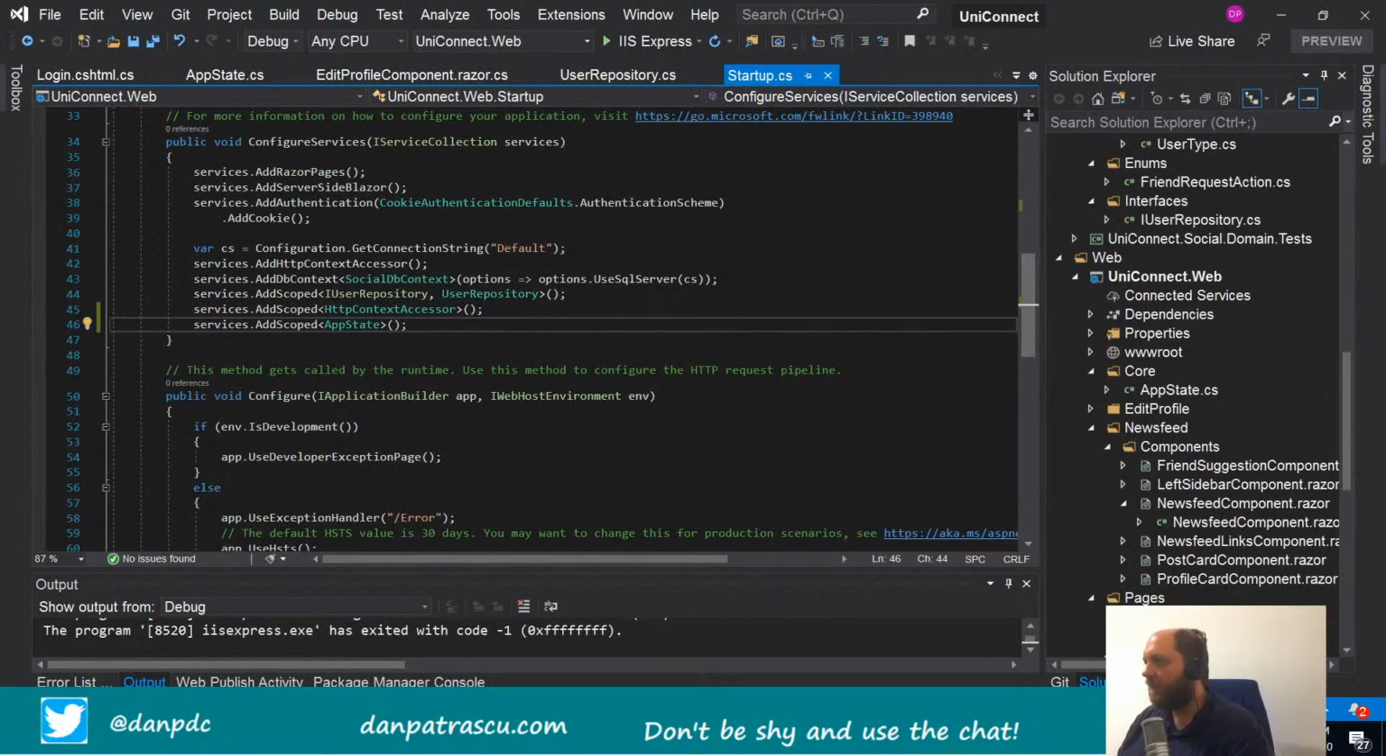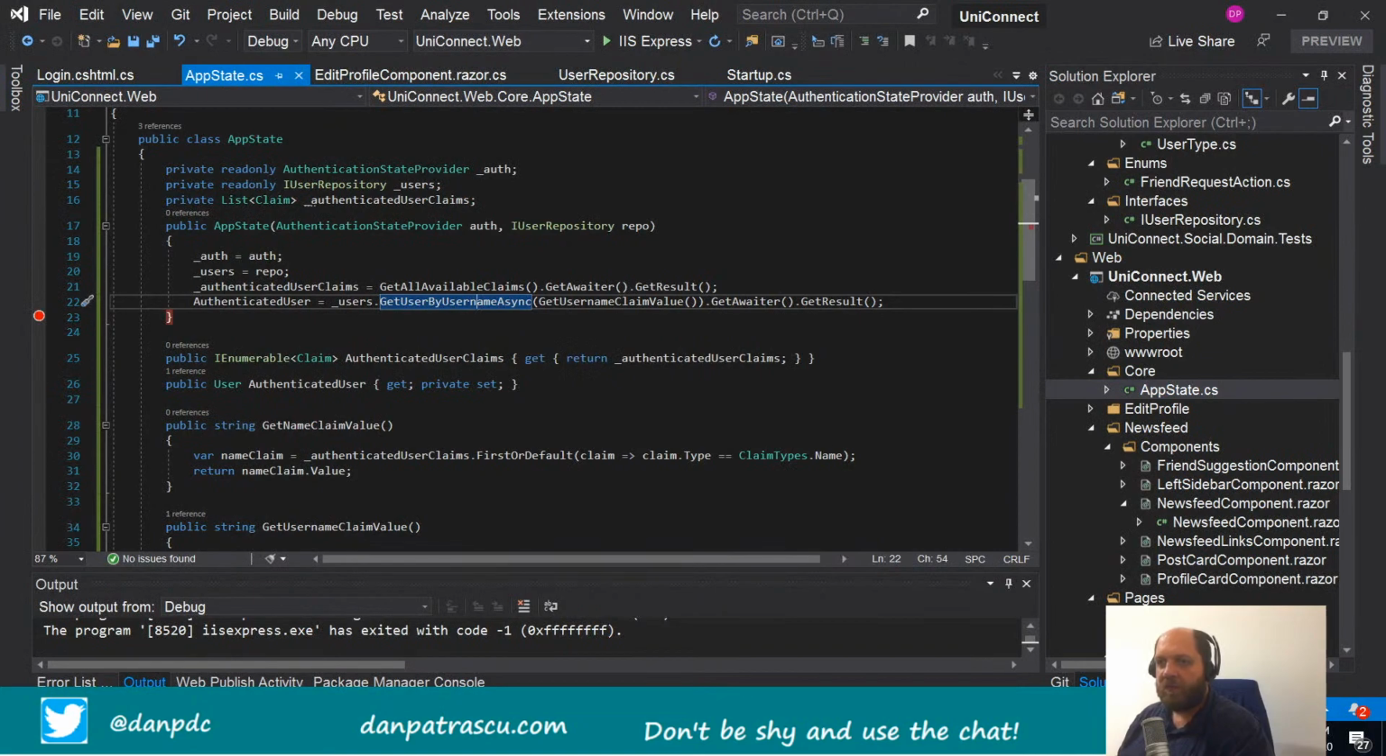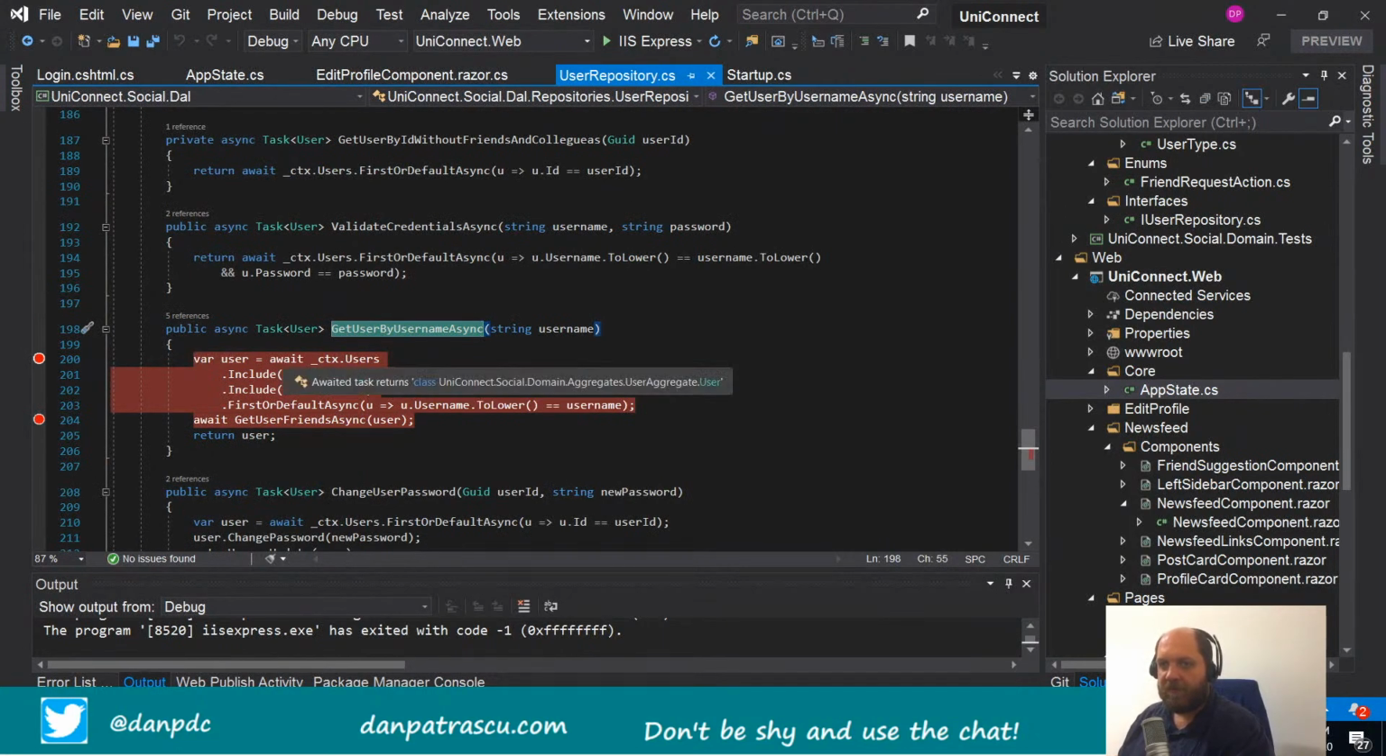Where is it, this app state? So we have this get user name async, get user by username async. So we provide the name value, then we await the result. So the problem is that I don't know, something happens here, and basically this one, instead of going further here, it simply